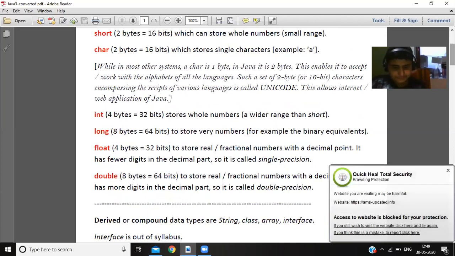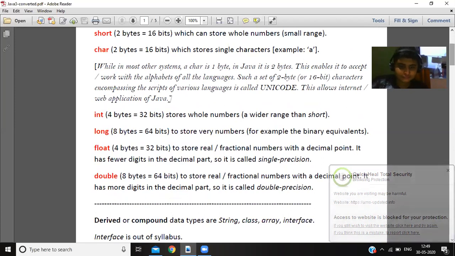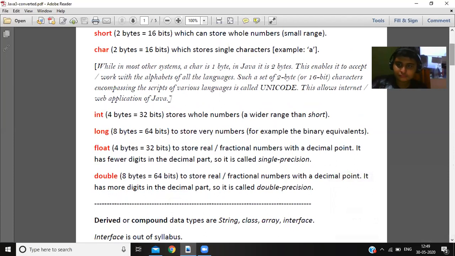If you have fewer decimal places, like 3.14153, that is called single precision. And if after the decimal point I have many digits, like 3.14157356889, then it is called double precision, because more digits means more precision. So after the decimal point, how many digits can it store?